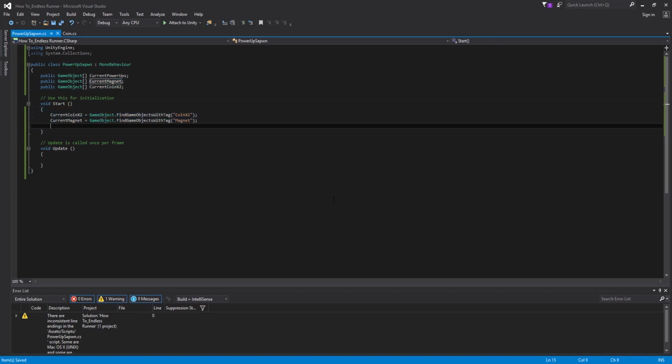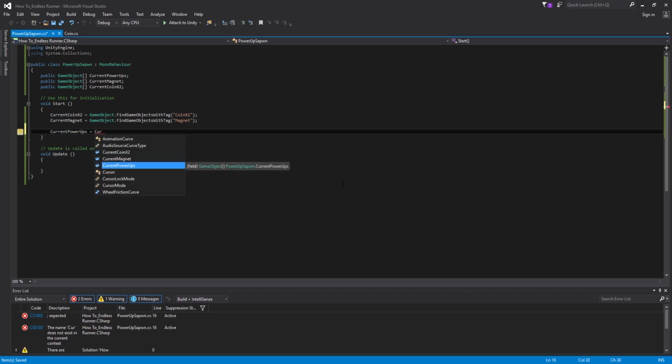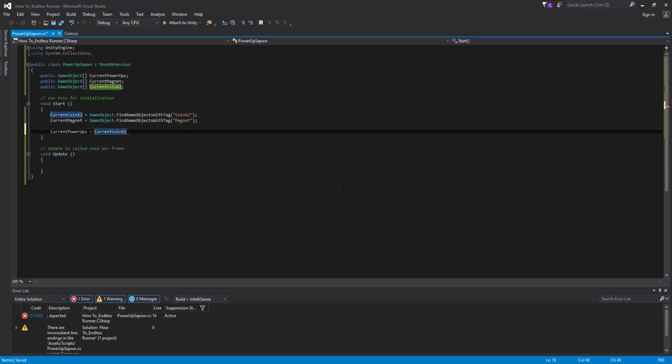So now that we have both of these being populated with whatever magnets are present whenever we start, we just need to be able to combine them into one array, because we want to be able to check what is there, but then we also want to put them all into one array so we can use that array for spawning them throughout the level. So to do that, we'll start off with current power-ups, and this is going to be equal to